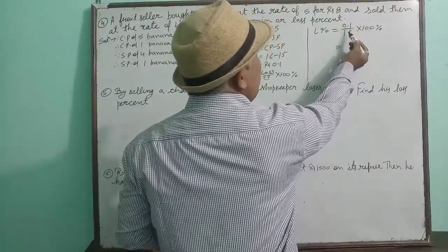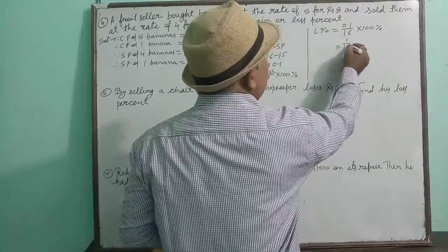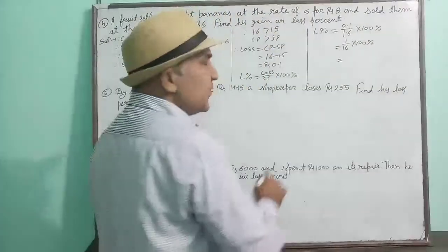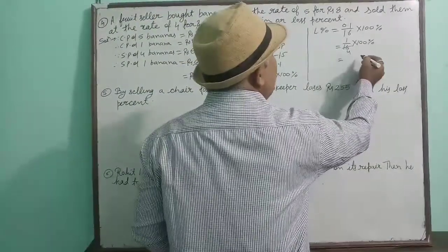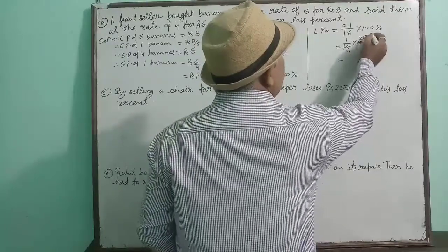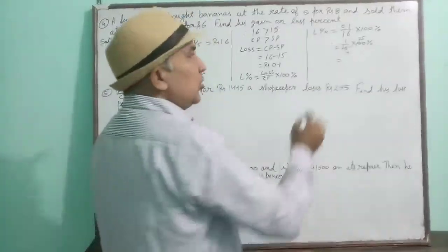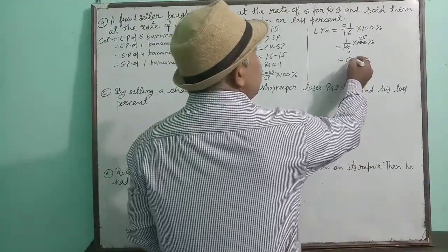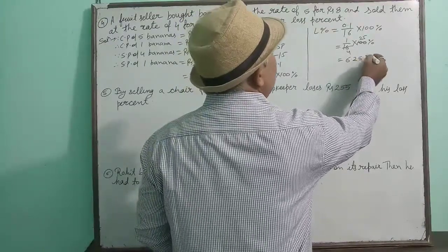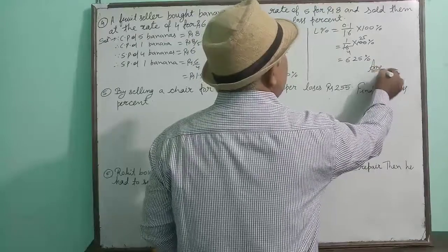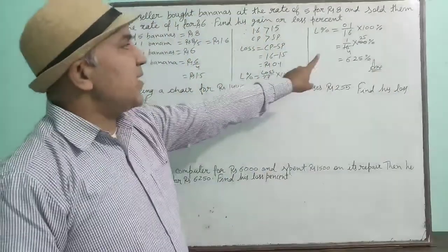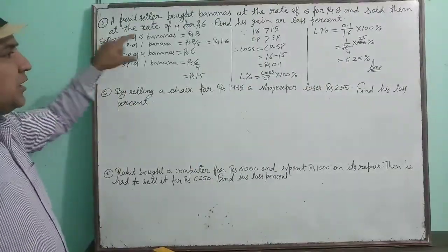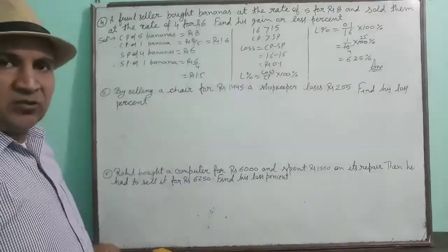You can see that numerator and denominator both are like decimals, so decimals can be removed from here. Now 4 dividing 16 by 4 times, 4 dividing 100 by 25 times. Now 25 is divided by 4, then you will get 6.25%, and this will be your answer. When 25 is divided by 4, you will get 6.25. That means in this transaction, there is the loss percent of 6.25.